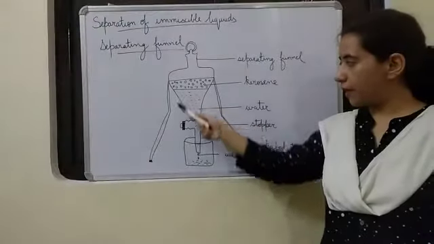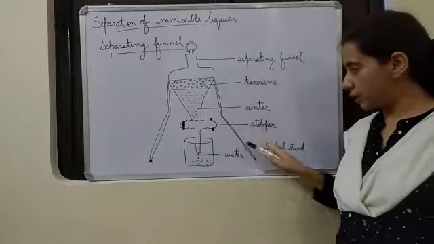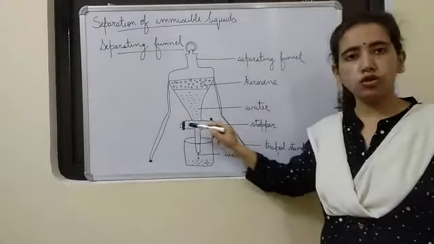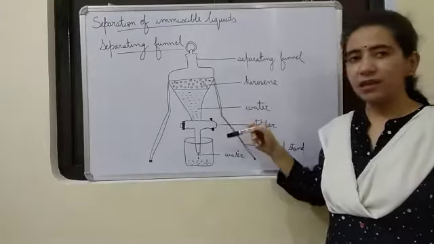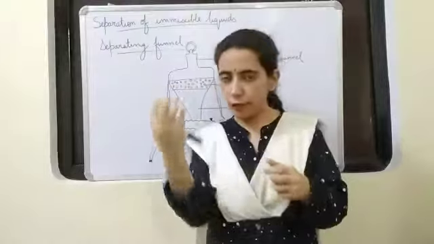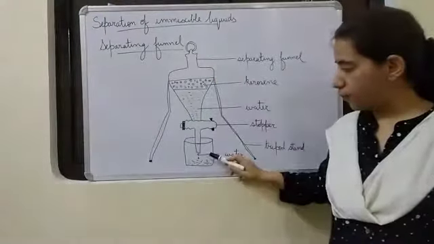So this is a separating funnel. It is supported by a tripod stand. You see here the legs are there. Then this separating funnel has got a stopper here. That stopper is just like a tap. If we turn it, then the liquid flows down. When we stop it, then the liquid also stops. And there is the beaker below.